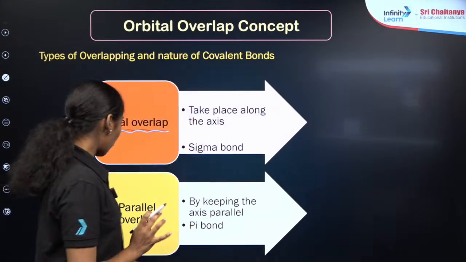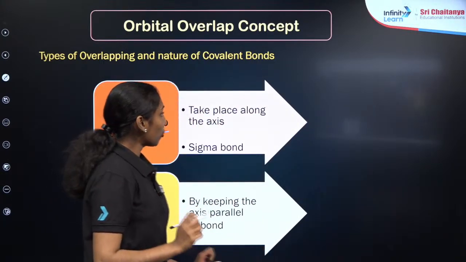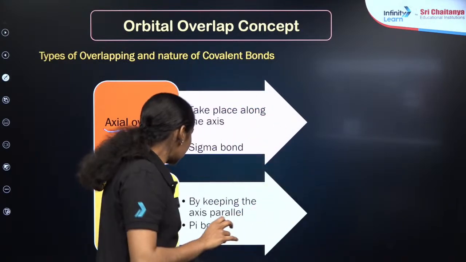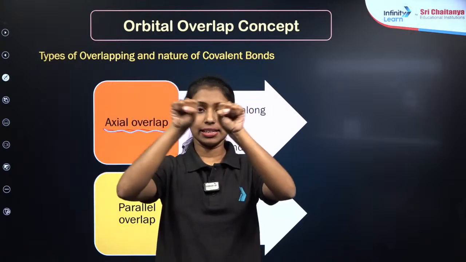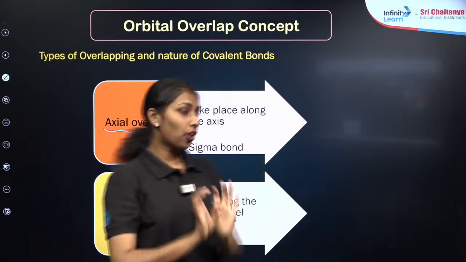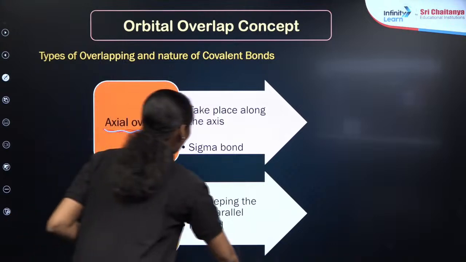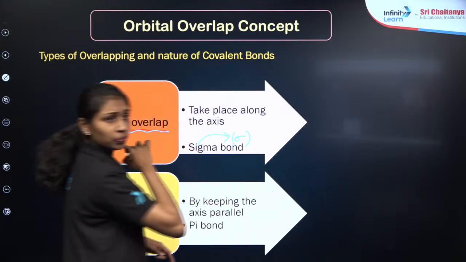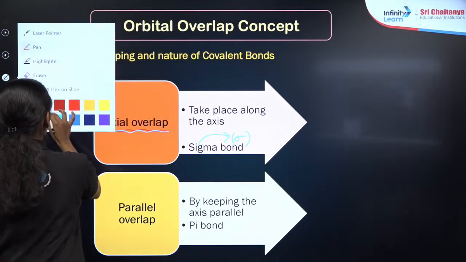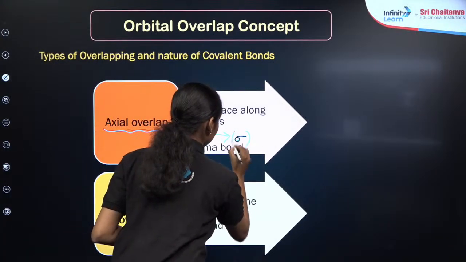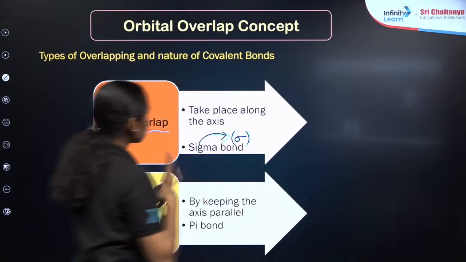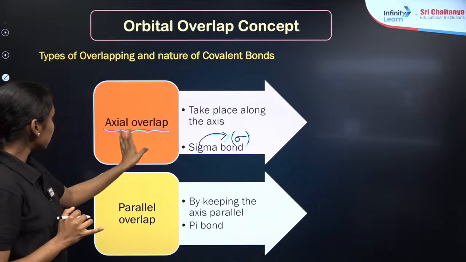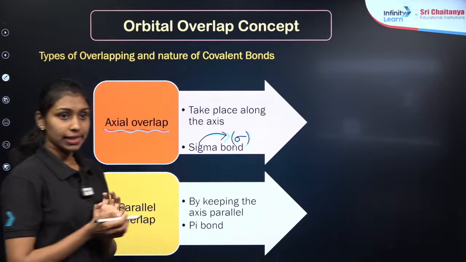If we have any two orbitals, there will be overlapping just like this. If these are the two orbitals, I can say that these are overlapping in this head-on way, right? In the axis way. So I can call it axial overlapping, and the bond formed will be called a sigma bond, represented by this letter. Because the bond is formed along the axis, it is called axial overlapping. In chemistry terms, it is called sigma bond formation, right? Then,